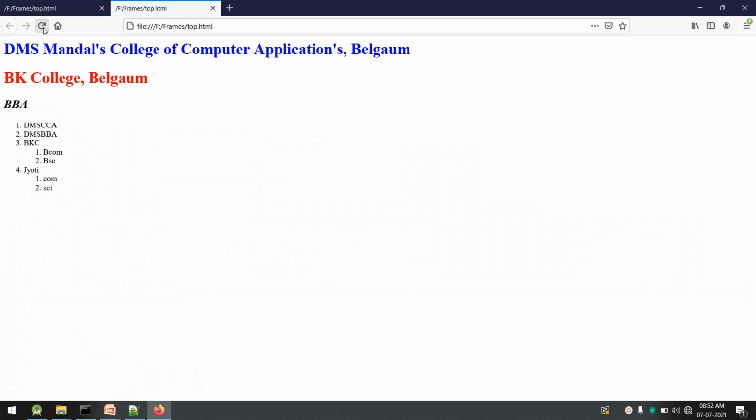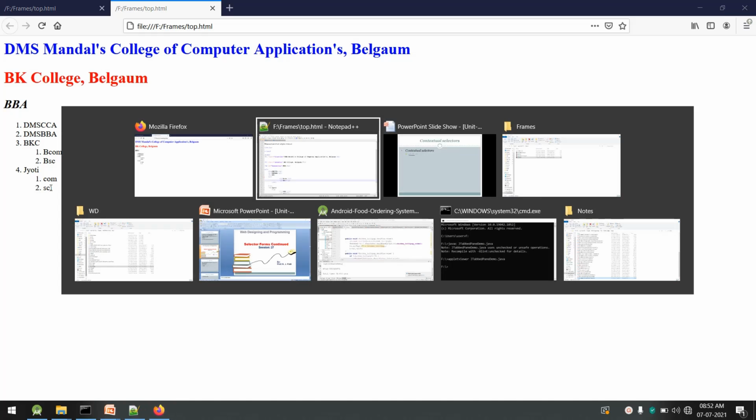Okay, now consider I want to apply the color red to this BCom and BSc, commerce and science, color red. Then how can I apply color red to it? So you may say we can use a simple selector, li, because those are the li elements. And if I use an li element here,